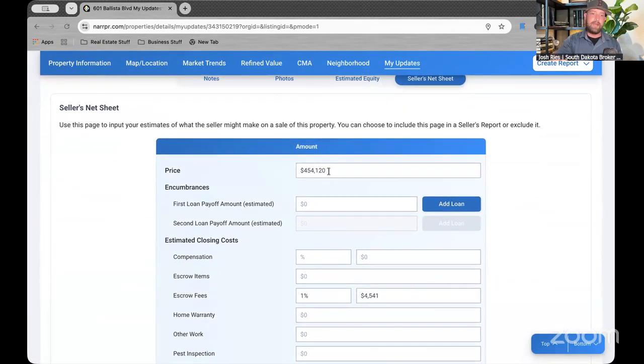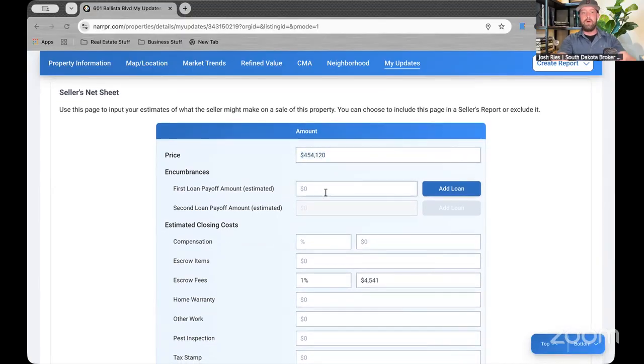It will take the price that it's assuming. Once again, RPR's pricing is an automated valuation formula, so it's not super accurate, but it will get you close. What you can do with this is, when you're talking to your sellers about price points, where you want to price their home and what they want to make, you can put whatever number in here. You put in your loan amount